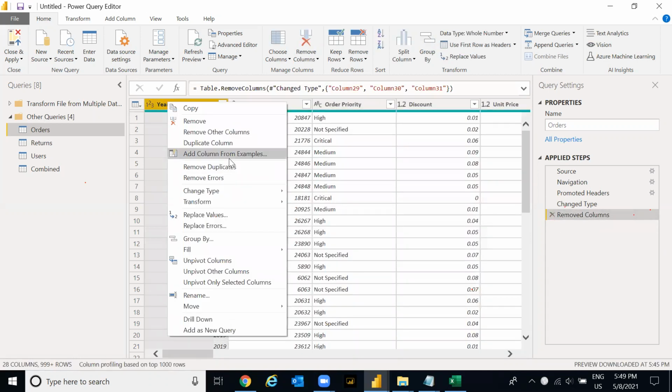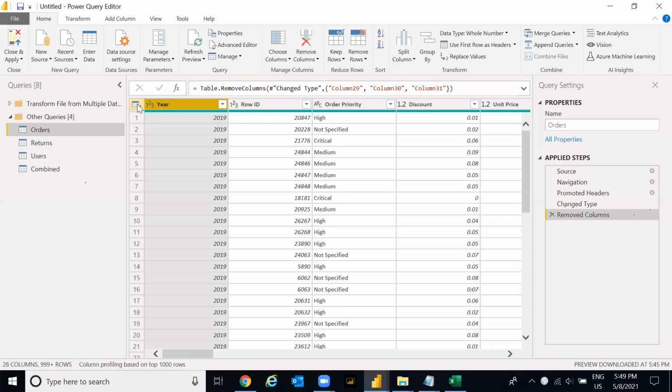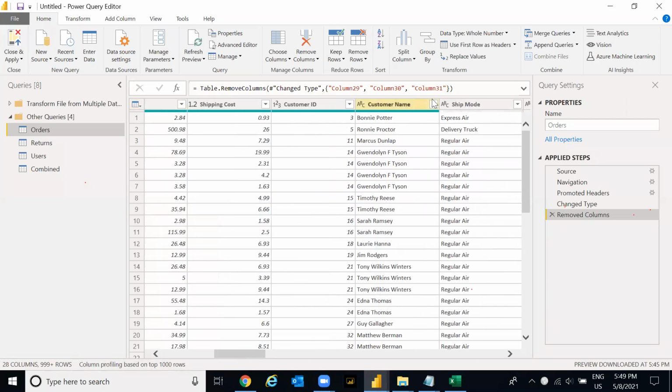Right click. Remove errors is something we can use once we have errors; without errors, we cannot do that. Remove duplicates. Okay, remove duplicates is not very frequently used when we are using the whole data. But let's say if I want to create a particular scenario wherein